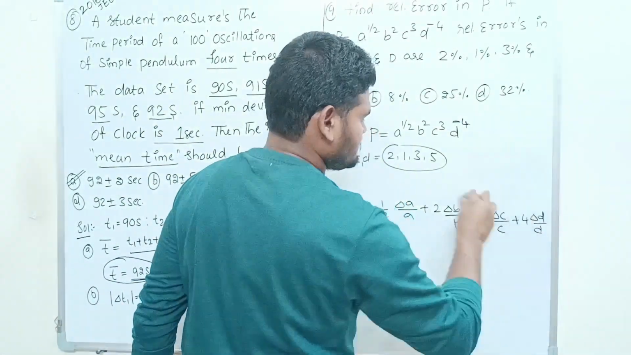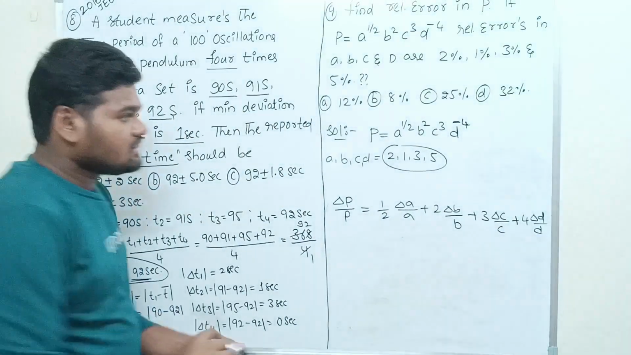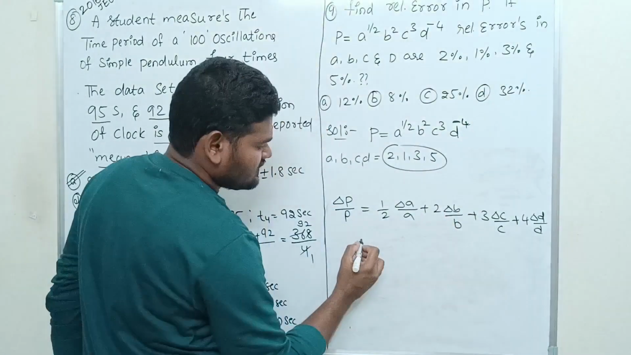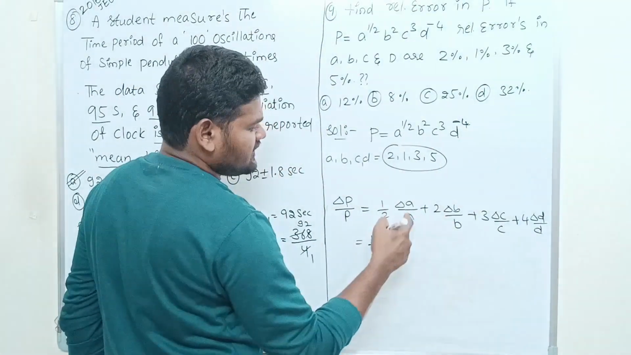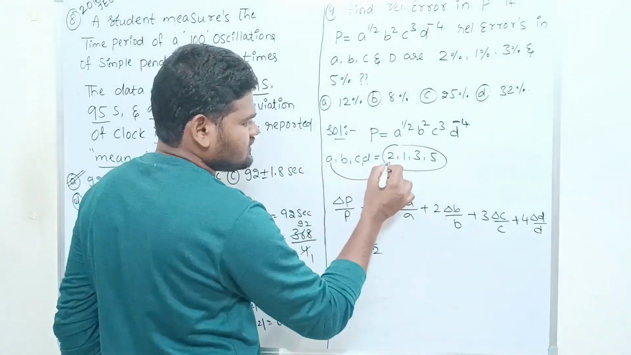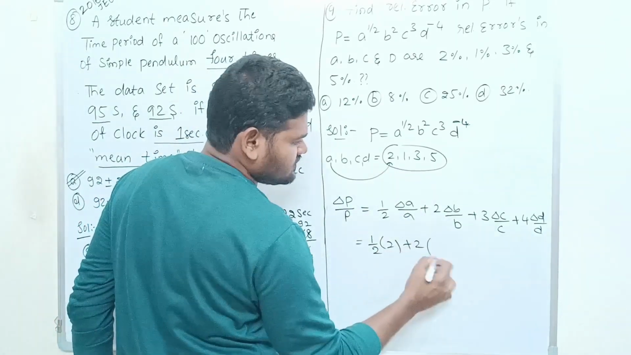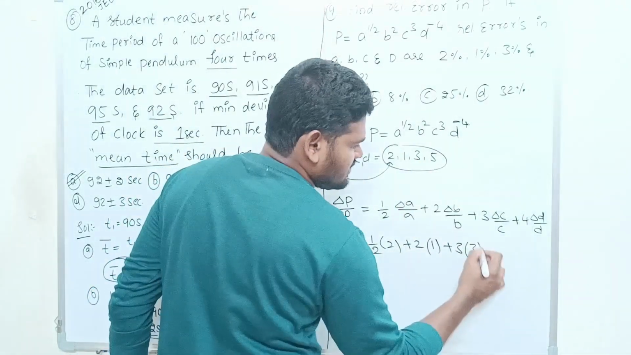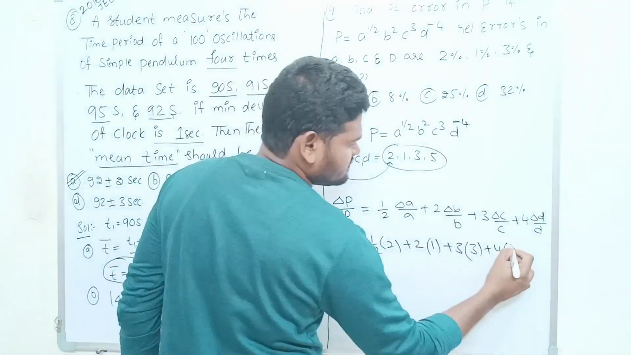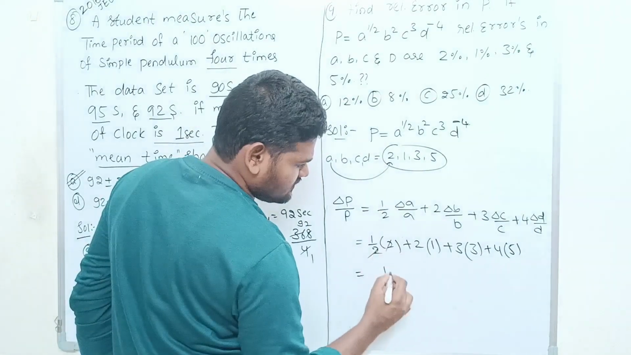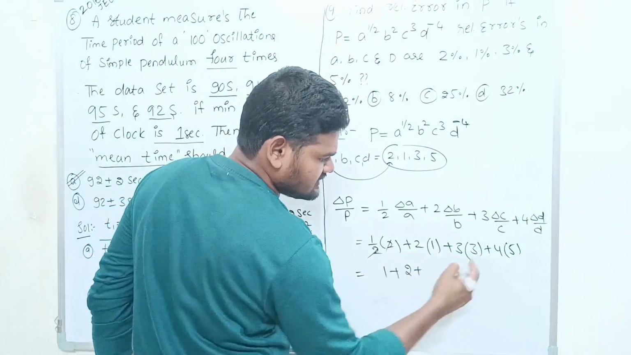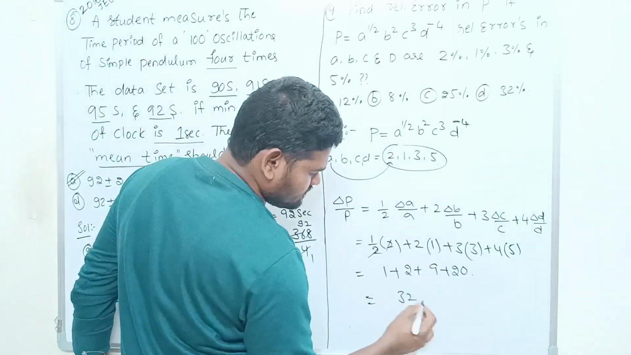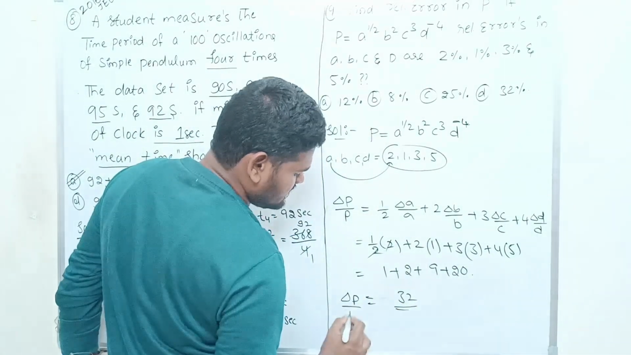I hope you understood. Right. So although the power is given as minus, you have to take plus only. So 1 by 2 delta a by a, percentage error in a is given how much? 2, plus 2 into delta b by b, 1, plus 3 into delta c by c, 3, plus 4 into delta d by d, 5. So 2 cancels out, 1, 2 ones are 2, 3 threes are 9, 4 fives are 20, 29, 30, 32. So how much? The answer is 32